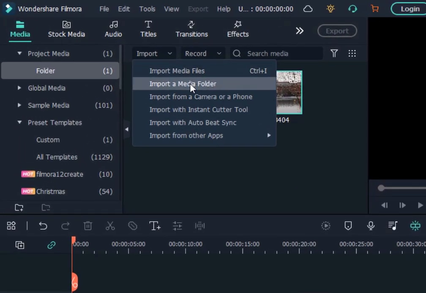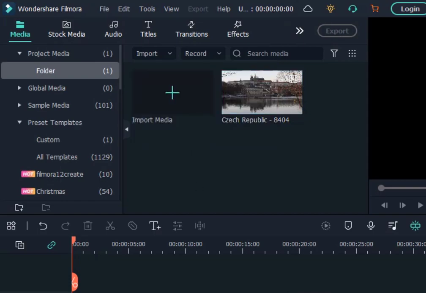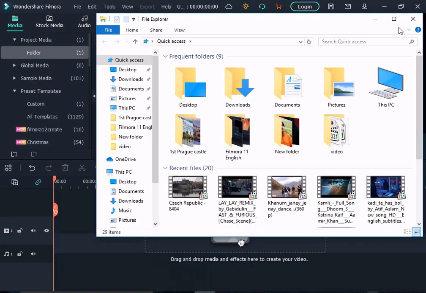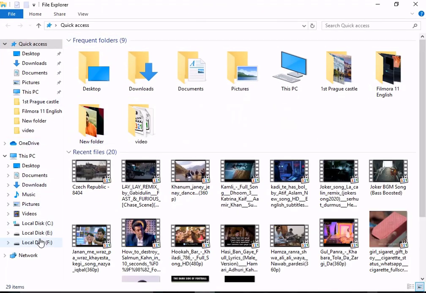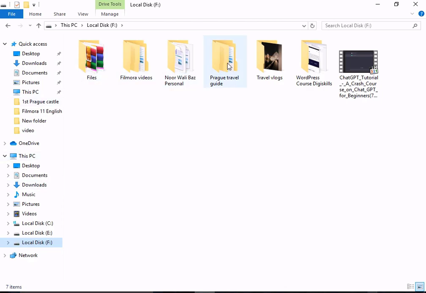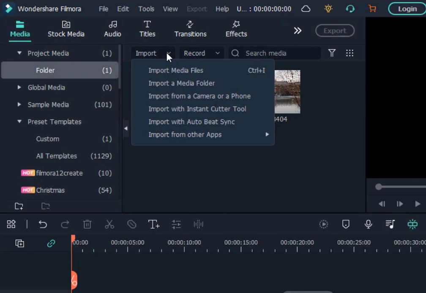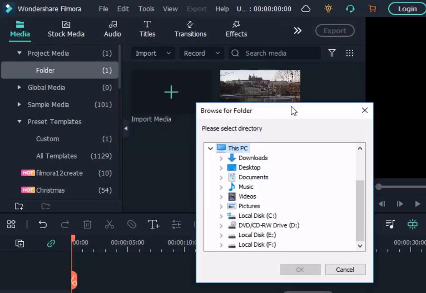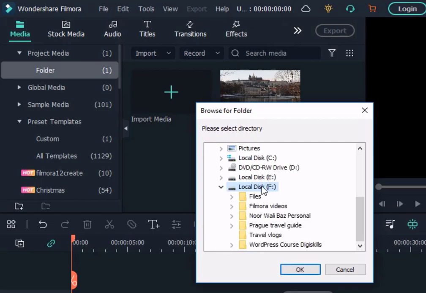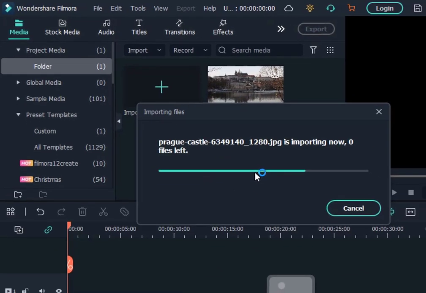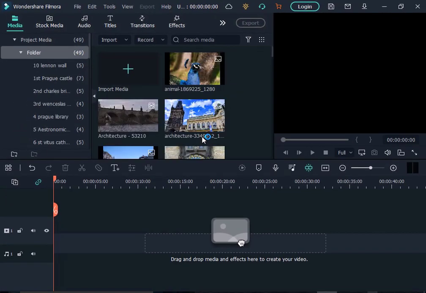Another thing is import a media folder. If you want to import the whole folder in your PC, for example, I have this folder, prog travel guide. If I want to import this whole folder, I go to my Filmora and click on it, and from here import a media folder, click on it, and from here I choose my folder, open my folder, prog travel guide, click on it and OK, and the whole folder is imported,